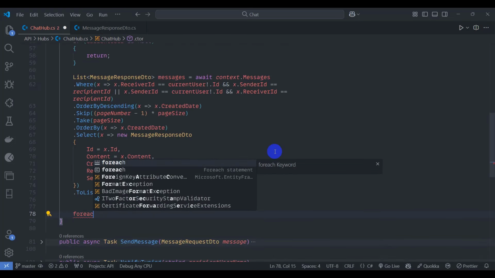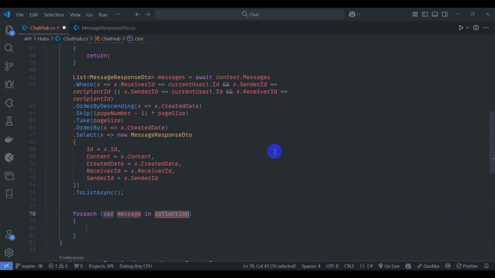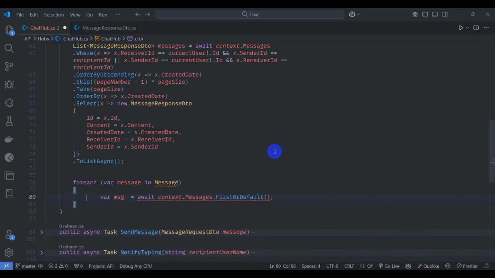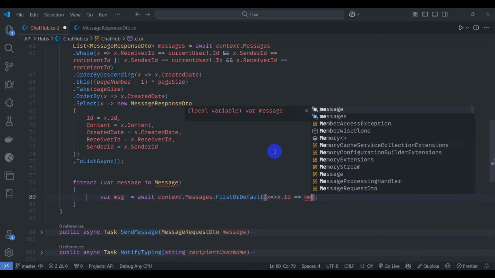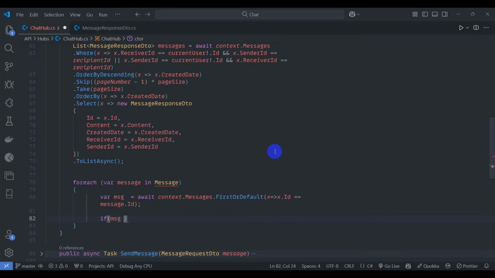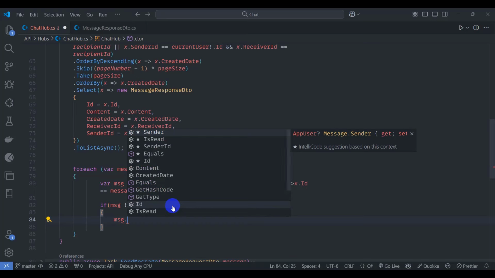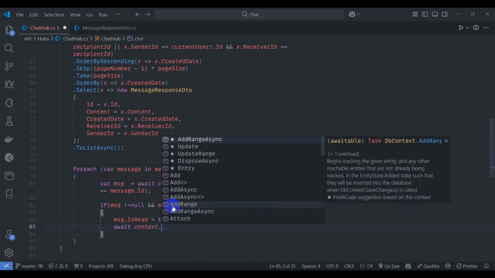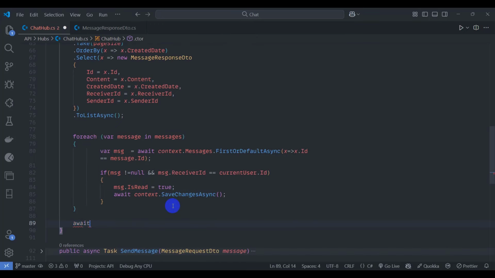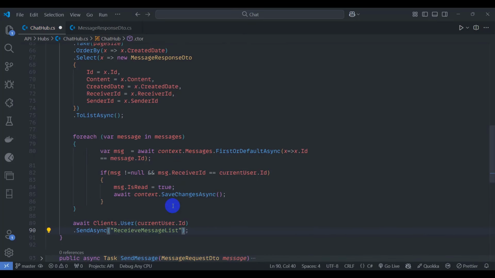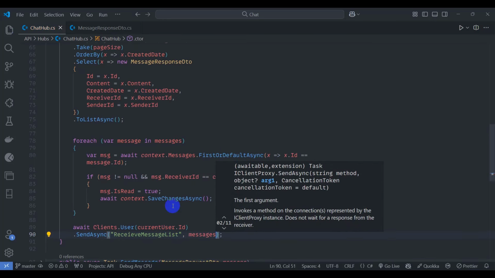Let's iterate over the messages with foreach, message in messages. context.Messages.FirstOrDefault, let's pass here x.Id equal to message.Id, and check if message is not null. Message.Receiver, let's add here messages.FirstOrDefaultAsync and receiver id equal to current id. Then let's say message.IsRead true and await context.SaveChangesAsync. Let's await Client.User current user.Id.SendAsync ReceiveMessageList and pass messages here,